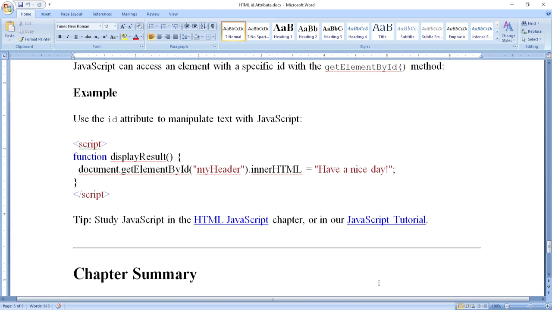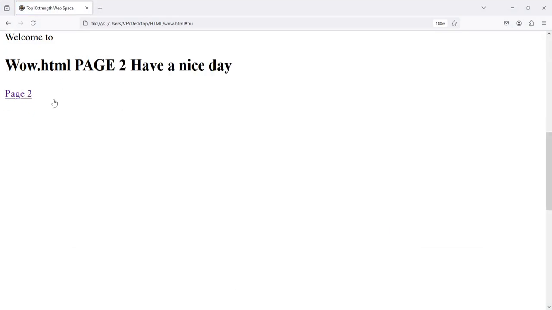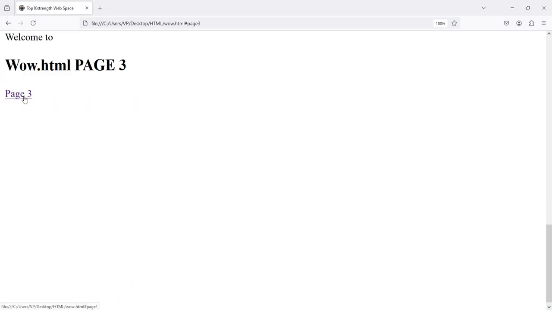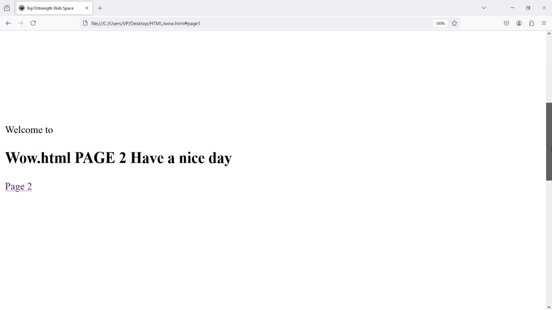So quickly, let's get back to our document to see what we have. Right now we have this in our document from our previous tutorial. We don't know how we got here, so you can check our previous tutorial on it. As you can see, this is taking us from page 1 to page 2, page 3. So you can check our previous tutorial where we discuss